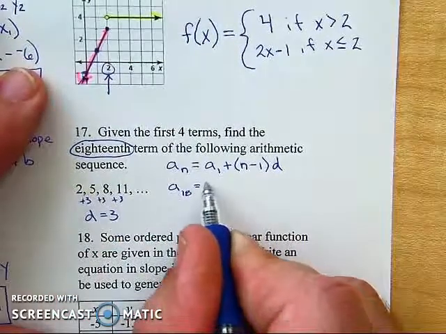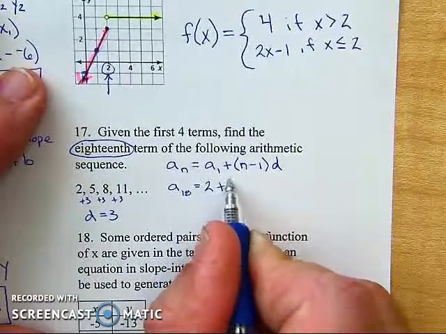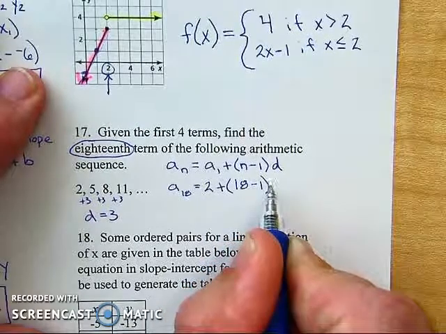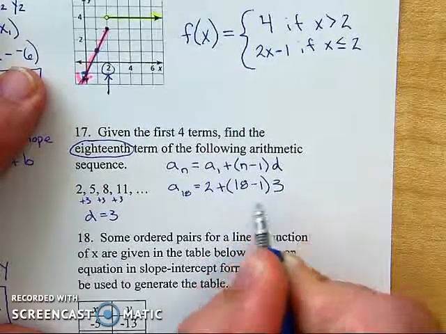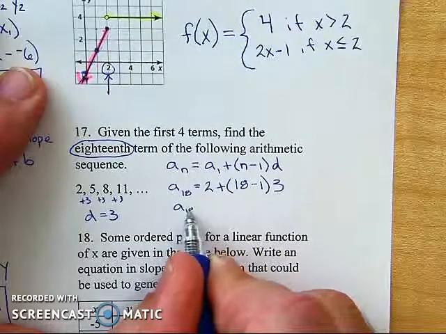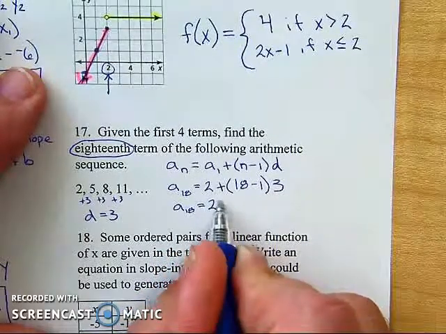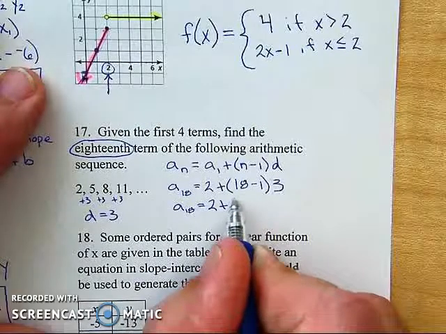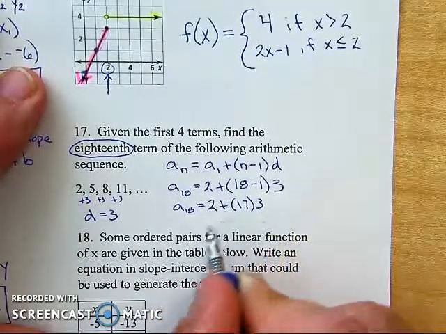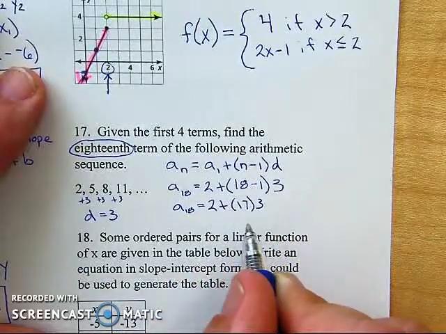That's that 2. Plus, and then I'm looking for the 18th term minus 1, and then the common difference was 3. All right, so I need to just simplify, follow the rules here. So 2 plus 18 minus 1, that's going to give me a 17 times 3. And I can tell I'm going to run out of room here, but